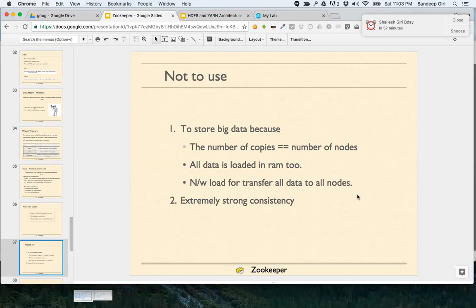For example, Kafka developers use Zookeeper. Similarly, Spark developers use Zookeeper, and the same is the case with HBase. HBase also uses Zookeeper. Thank you, Jamil. We'll talk about HBase again.